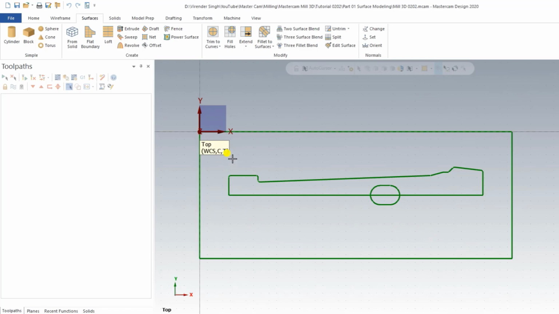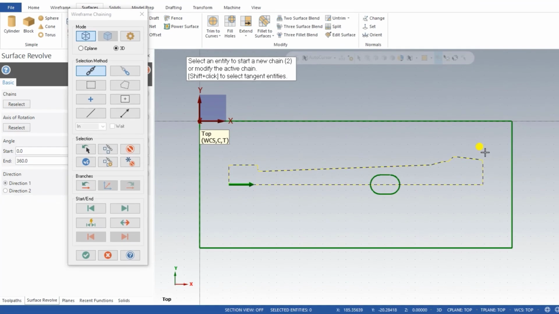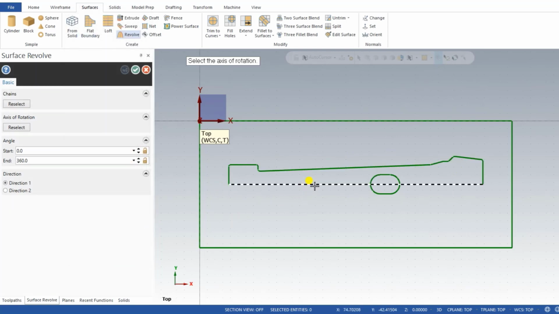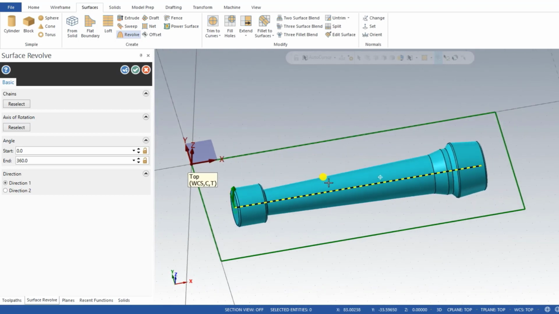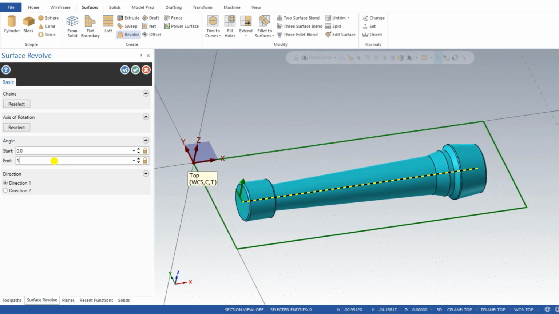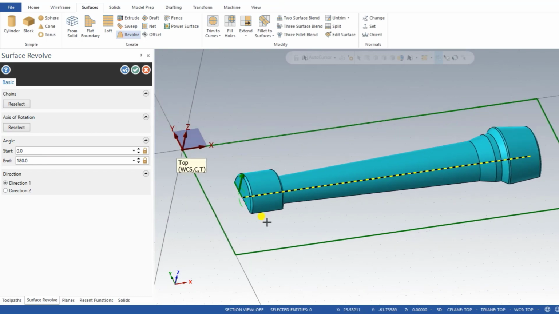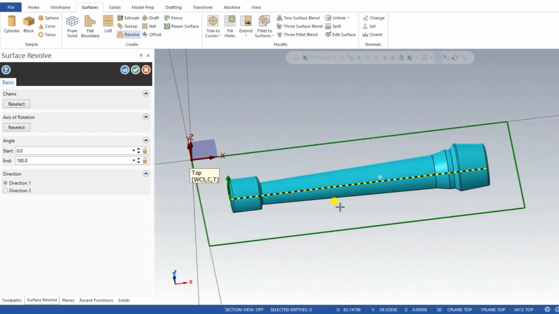For creating that part, first we have to revolve it. So for revolving, we go to the Revolve command. After clicking on the Revolve command, we have to select which entity we require to revolve. I select that entity for the revolving purpose and press OK. Now I have to provide the axis. After selecting it, I input the angle I want to revolve, which is 180 degrees. As you can see, I just input the value of 180 degrees.